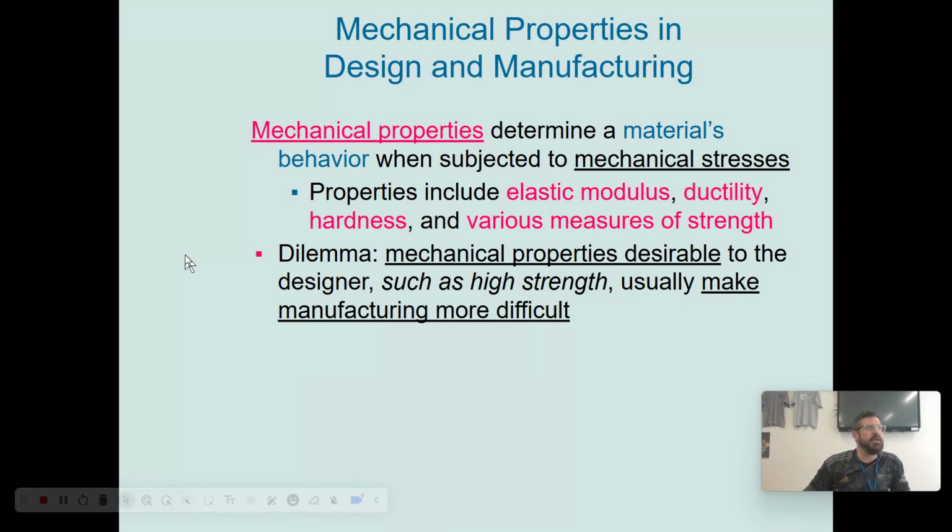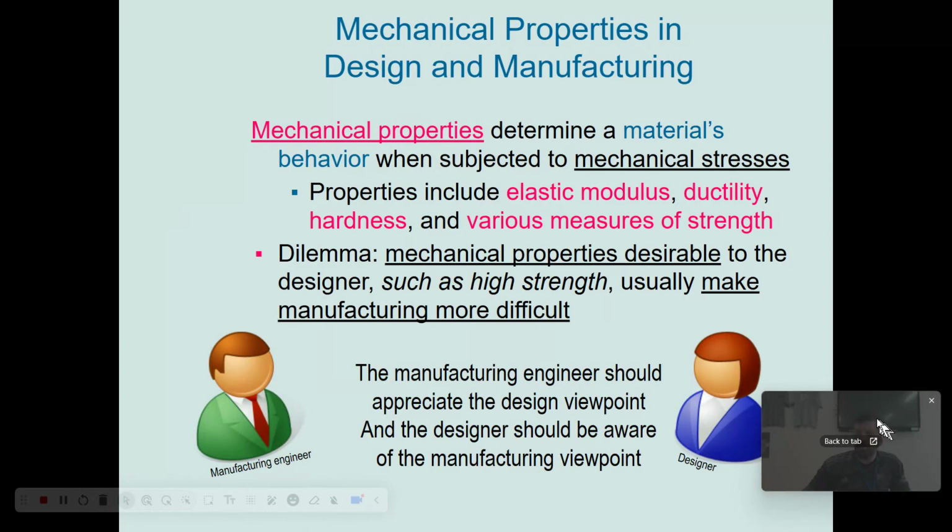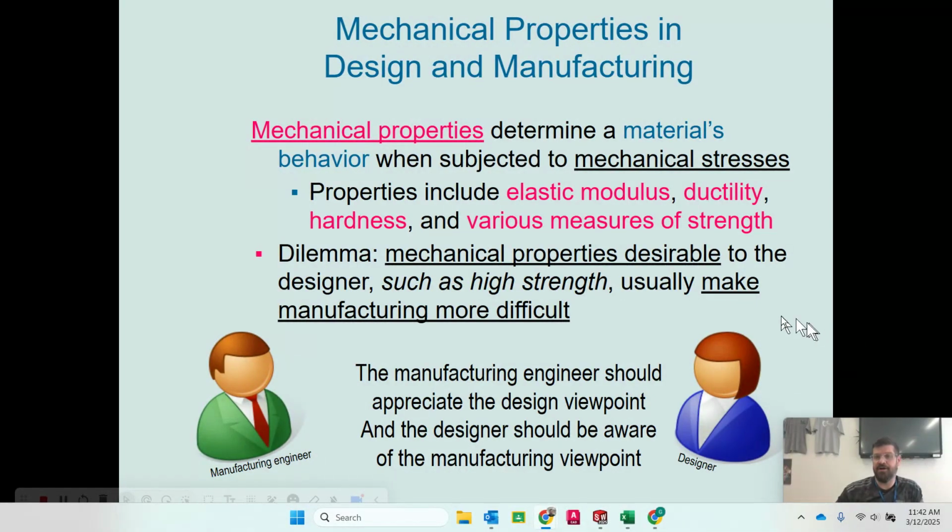So it's a foundational truth of manufacturing, for the most part when you're dealing with metals, that the properties of a material that make it good as a product very often are what make it very difficult to manufacture. And so I hope that as part of your ongoing understanding of how manufacturing and design are related, you develop over time an understanding that as a designer,